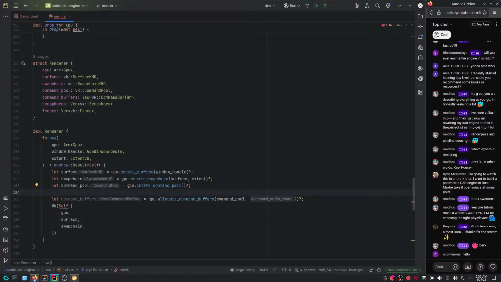That's what in-flight frames is for, right? But of course that needs some extra synchronization, which is not very trivial, especially for beginners. And you could in fact prepare either one frame ahead of the GPU, or 2 or 3 or 4. So this is what we call triple buffering or double buffering and so on.